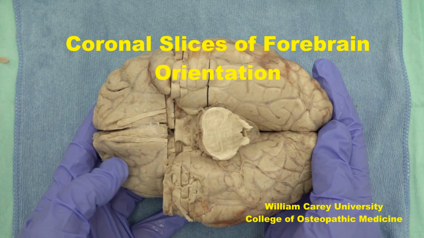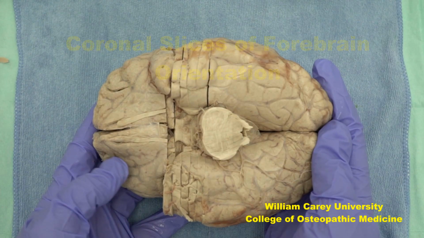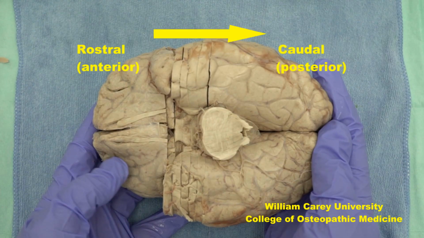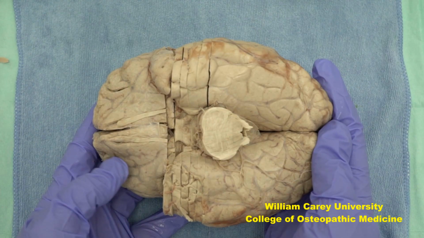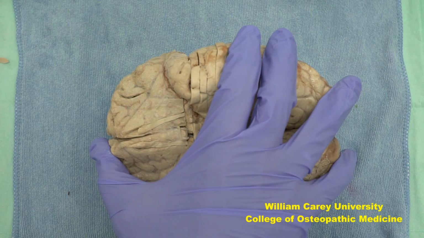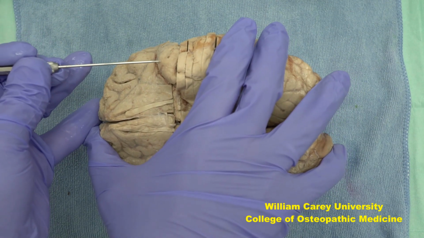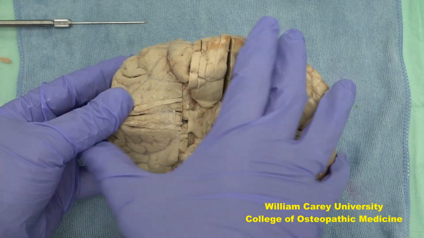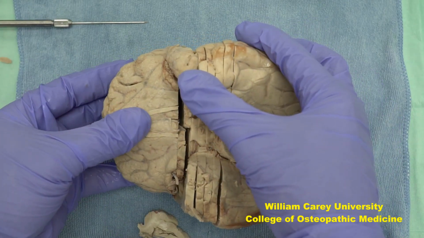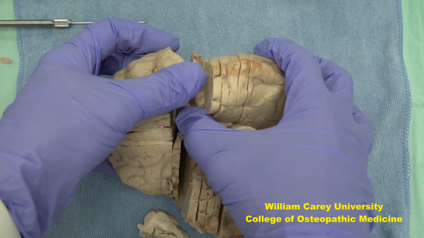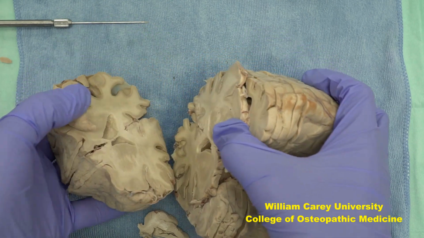In this video, we are looking at a brain where the pons and cerebellum have been removed. Our focus is on the forebrain, as the forebrain has been sliced coronally, then navigating these slices from rostral to caudal. The coronal slicing of forebrain began at the temporal pole, so you will see that the first couple of slices will be very anterior.